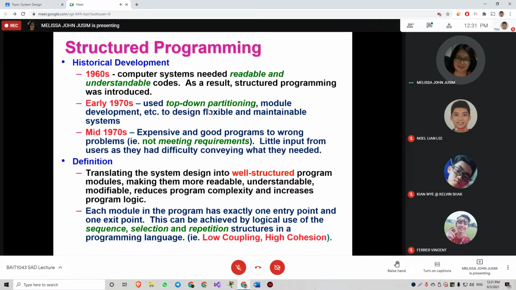But then there were some issues, where programs tended to be developed without fulfilling the user's requirements. This is where there's an emphasis that in each of the phases of SDLC, we need to involve the users, especially during system analysis, where we gather all the facts from them.